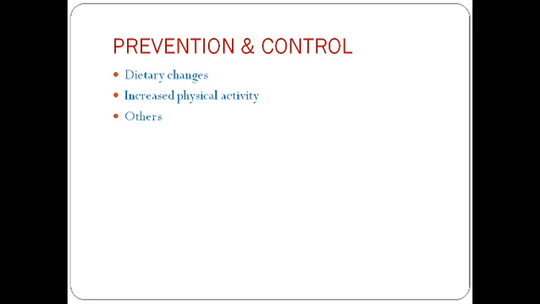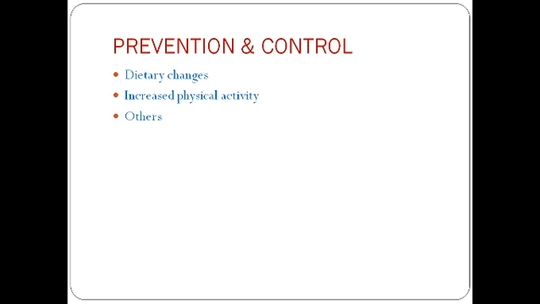Prevention and control. First is weight control, widely defined as approaches to maintaining weight within the healthy range. Prevention of obesity should begin in early childhood. Obesity is harder to treat in adults than it is in children. The control of obesity centers around weight reduction. This can be achieved by dietary changes, increased physical activity, and a combination of both.